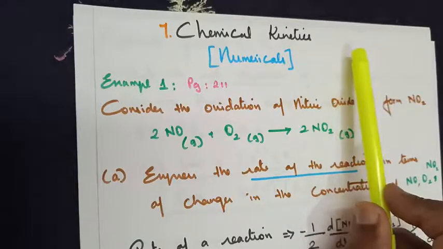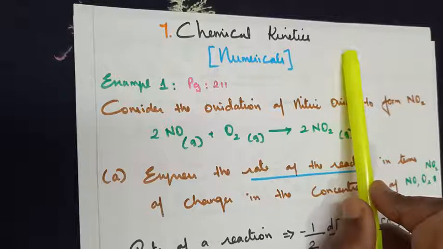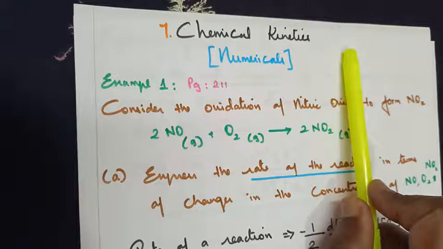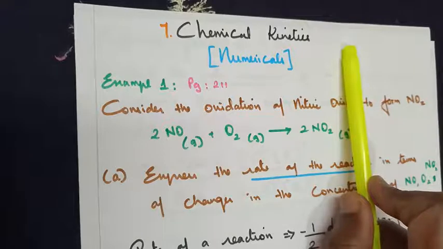If you have seen the solid state numericals, my way of working out is that I always pick up similar types of questions, be it from the exercise, from the example, from the evaluate yourself, or from the objective type questions. I pick up similar questions and work out everything. The reason behind it is that children might find it difficult to understand when we work with the first and second question. By the time we move to the third and fourth question, if you are prompt in listening, you will be thorough with the concept and you will begin to work on your own. So that's the magic I believe in, and the same thing I'm practicing. I hope it helps you all.